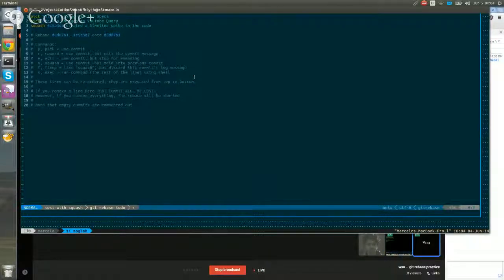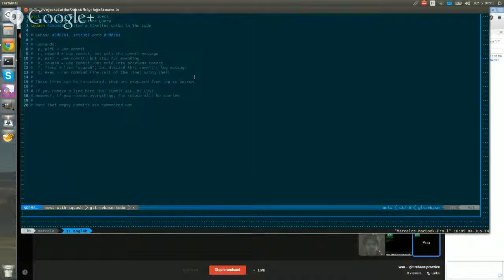These are the commands that you can use: fixup, squash, edit, reword, pick, exec. I think pick is used for stuff like cherry-picking. I haven't used the other commands, so I only use squash when I'm here. You can say squash or just s for short, because there's an alias here. Saying squash means I want to squash this commit with the commit before. So when I want to squash all 3 commits into 1, I will squash the bottom 2 commits. Does that make sense? Yeah.